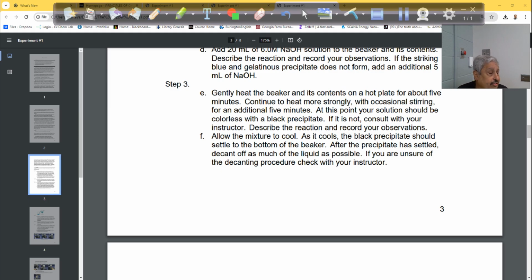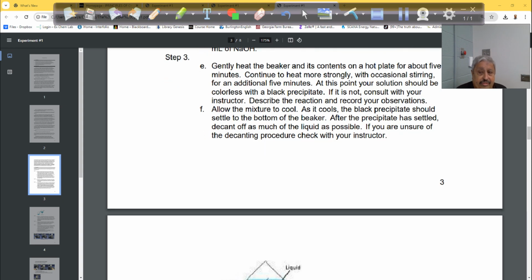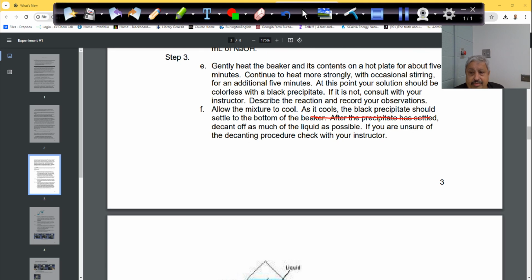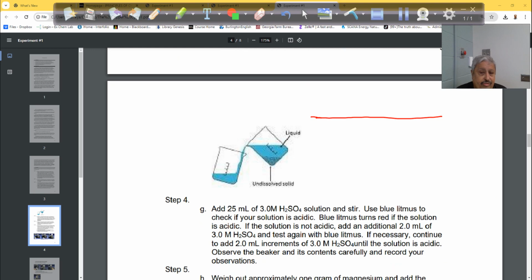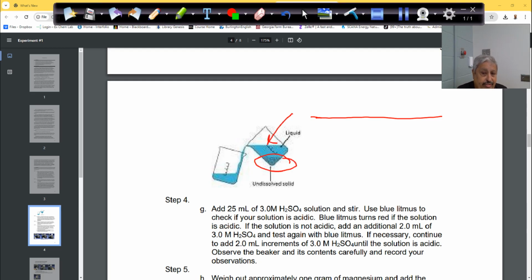So the copper hydroxide solution is blue. You should see some black precipitate of copper(II) oxide at the bottom of the blue. You cool it down, and you can see the black precipitate settle at the bottom of the beaker. That's the black precipitate here, and that's the blue solution you have. Correct, guys? That's the blue solution. That's the copper